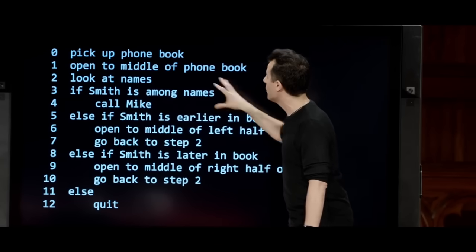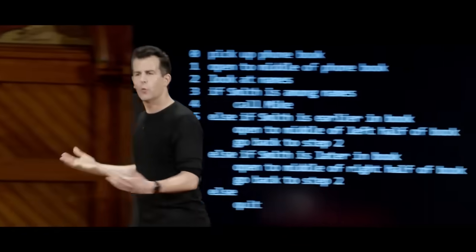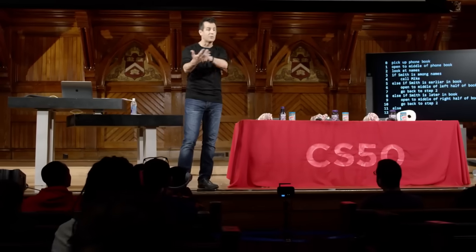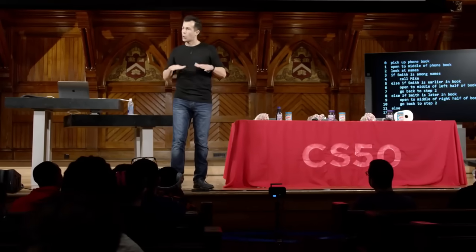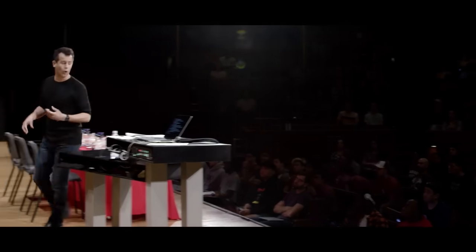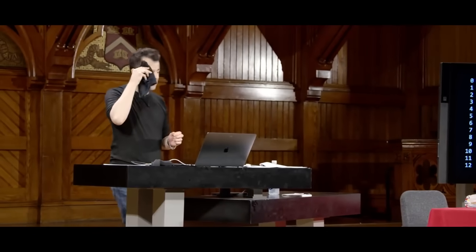And for instance, throughout here, too, we had our loops and conditions and so forth. But even call Mike. What does that mean? Well, if you imagine that the human knows how to use the phone, then it goes without saying. But if he or she also needs to be programmed to use the phone, you've got to explain, pick it up, hit this button, type this sequence of buttons, and so forth. So call Mike is also an abstraction. So these abstractions are useful, but they can sometimes get in the way,